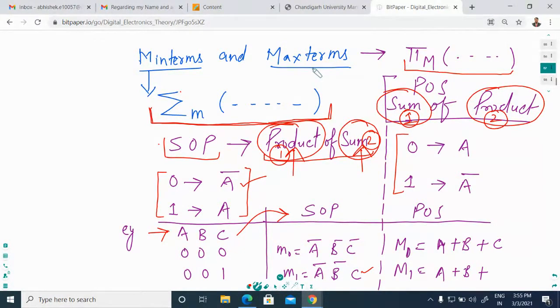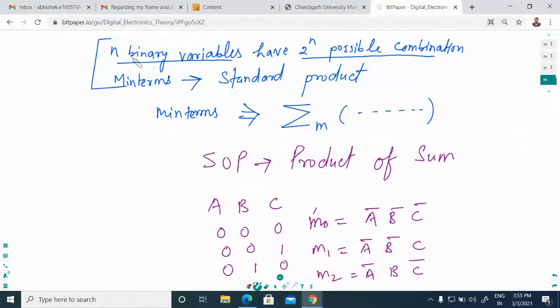If you want this particular M1, what is the output? Across C, 1 is present, and 1 is represented by a bar, so the solution is C bar. This binary variable has a maximum of 2 raised to n possible combinations.